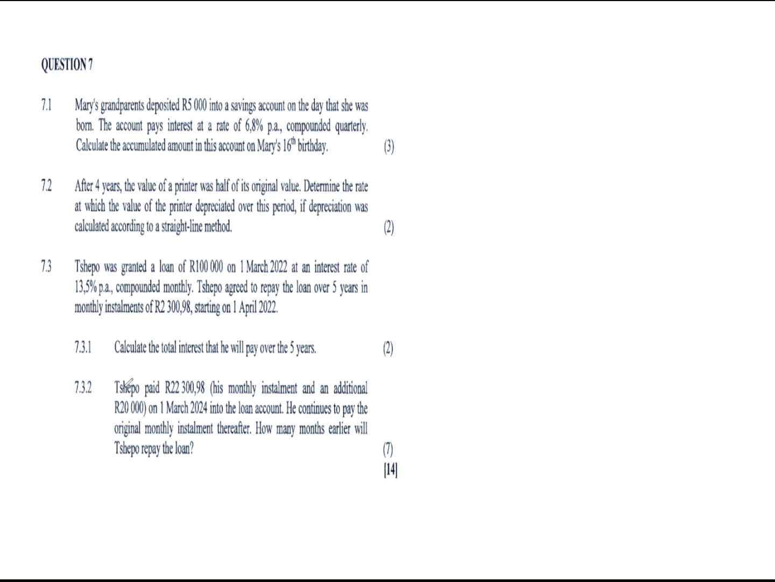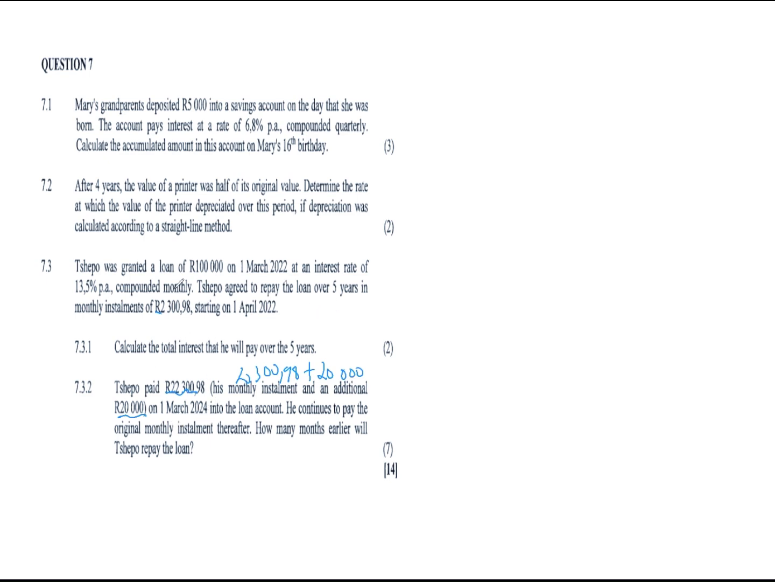Okay, so we have 7.3.2. It says Tshepo paid 22,300.98, which they got by adding his monthly installment of 2,300.98 and an additional 20,000 that he makes, right? So all in all, 2,300.98 plus the additional 20,000 lump sum. Remember, the 20,000 is only being paid once, on 1 March,